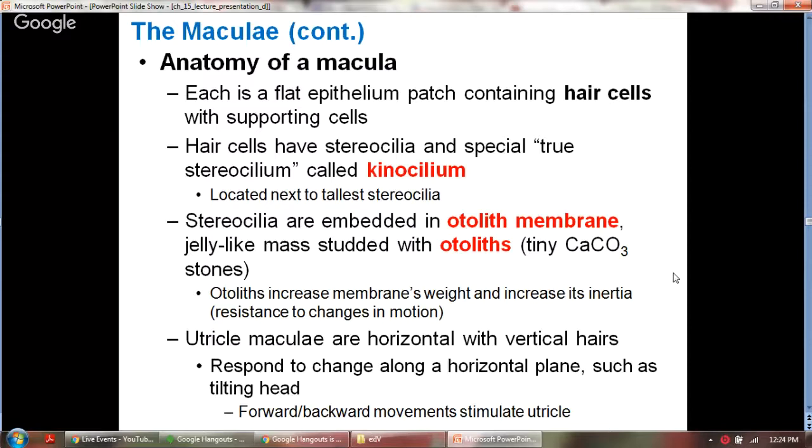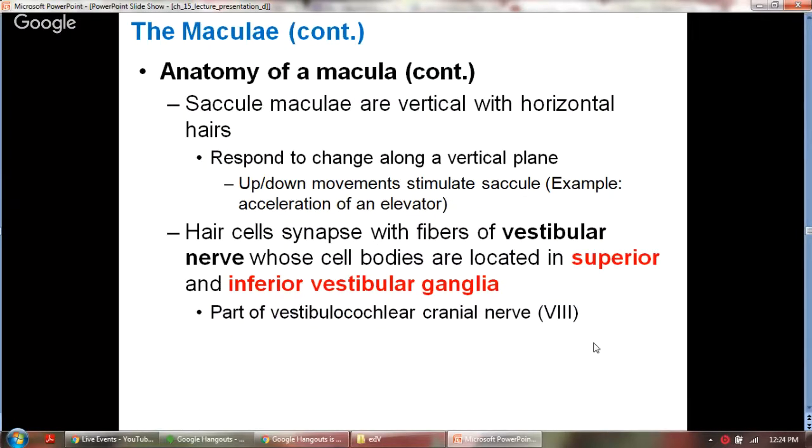The utricle macula is horizontal with vertical hairs, and they respond to change along the horizontal plane and movements such as the tilting of the head. And of course, the forward and backward movements stimulate the utricle. The saccule macula is vertical with horizontal hairs, so they respond to change along the vertical plane, which is the up-down movement. This stimulates the saccule, such as when you're traveling in an elevator, the acceleration of the elevator